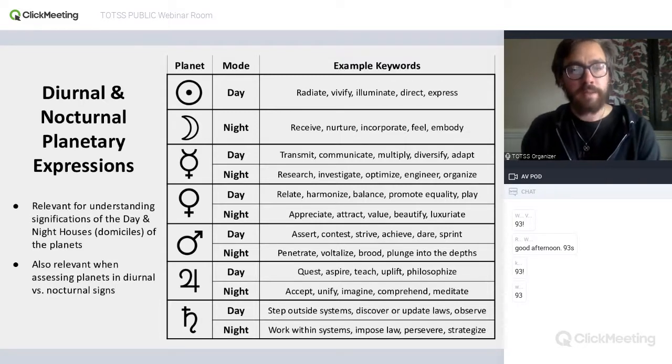All right, and then for Mars by day, I have here assert, contest, strive, achieve, dare, and sprint. And then for Mars by night, I said penetrate, volatilize, brood, and plunge into the depths. So I think that one's a nice clear one too, the way that you can see this diurnal and nocturnal expression.